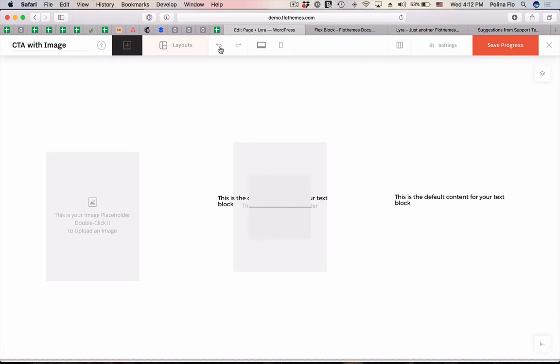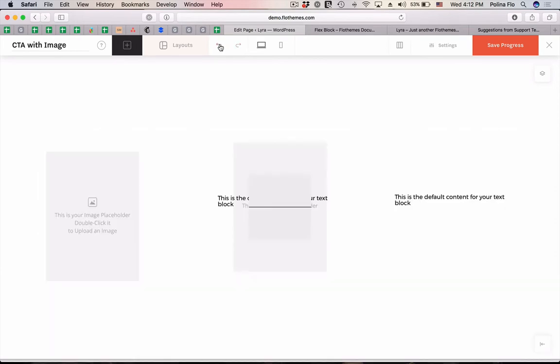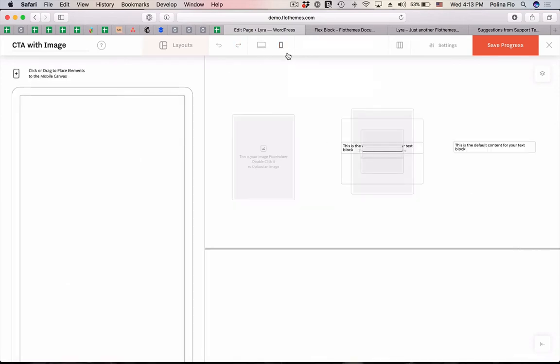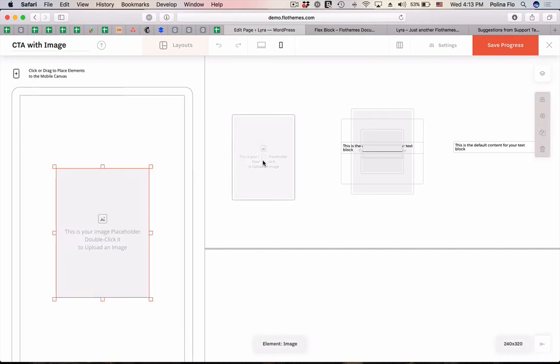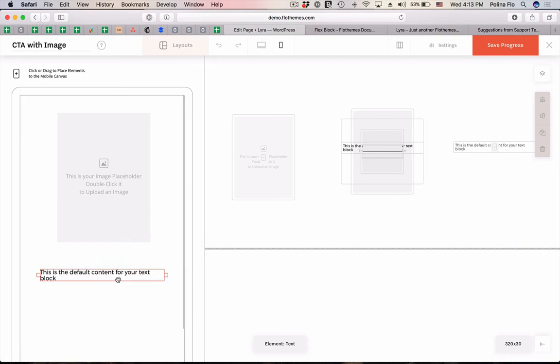As you have seen, I have the back step and forward step of actions. So this is a standard controller for you. We have the desktop view and the mobile view. Here within the mobile, we are able to add specific elements that we want to have inside our mobile, if that's a block that you are using from scratch, something that you are creating on your own. So you can easily click those to add inside your